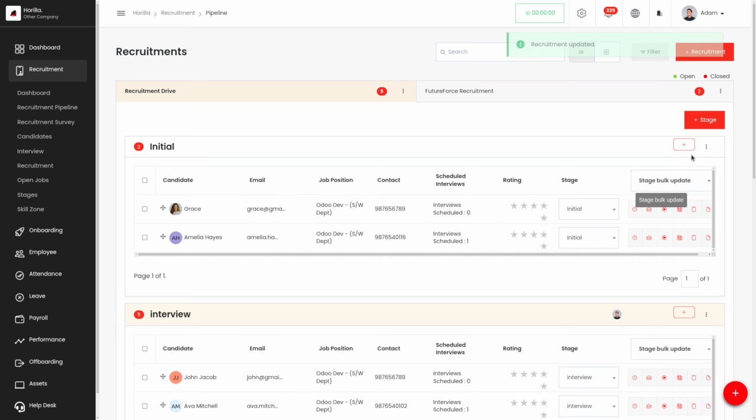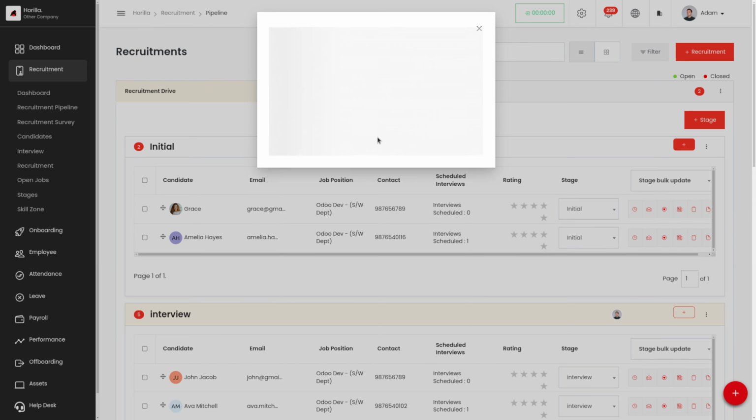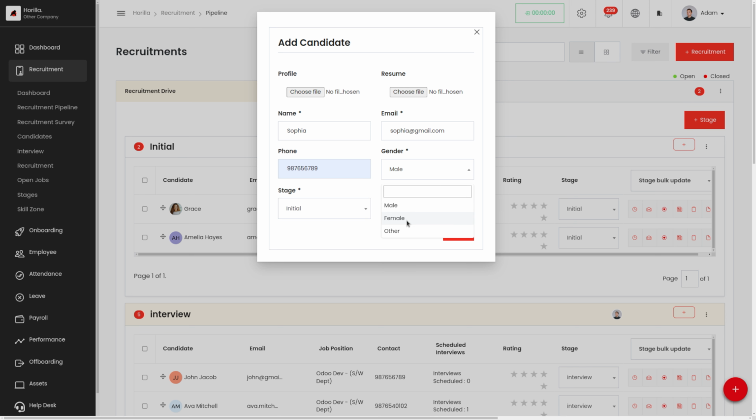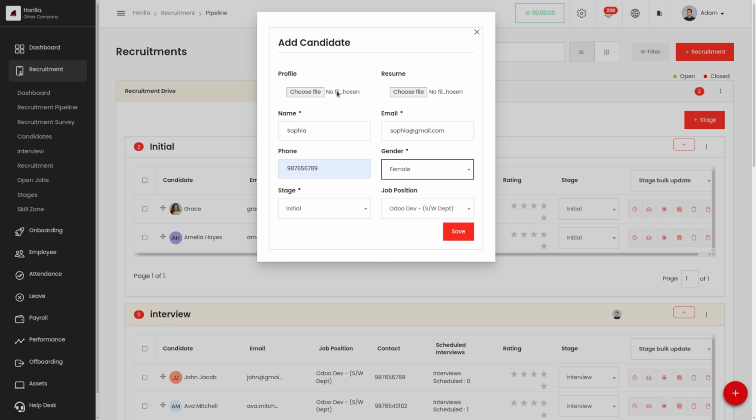To add a candidate, let's click on add candidate, and I'm adding a candidate and the mail ID for the candidate. We can also provide a phone number, gender, stage, and job position. Here we have not added the profile picture and resume.